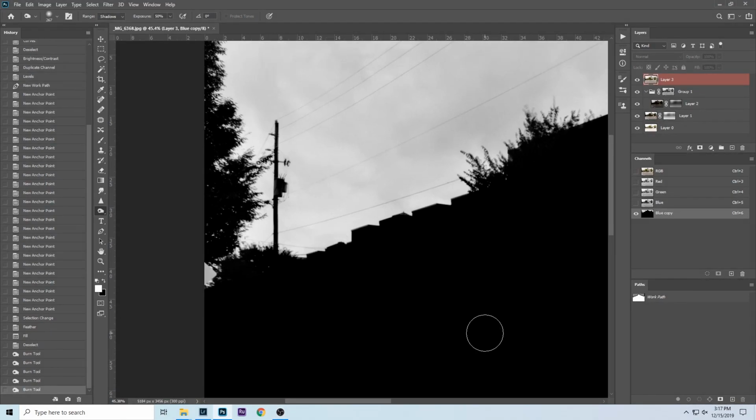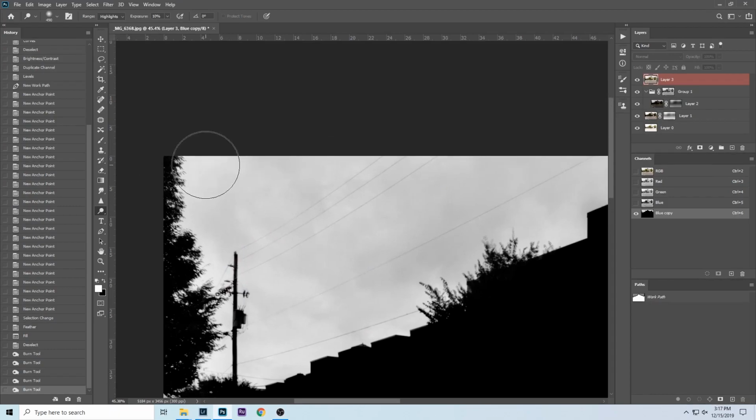Now what we can do is dodge it. So let's do that. I'm going to use the dodge tool set to highlights. And I'm going to bring in, that's a little bit too much. Maybe 30%. I'm going to try not to get